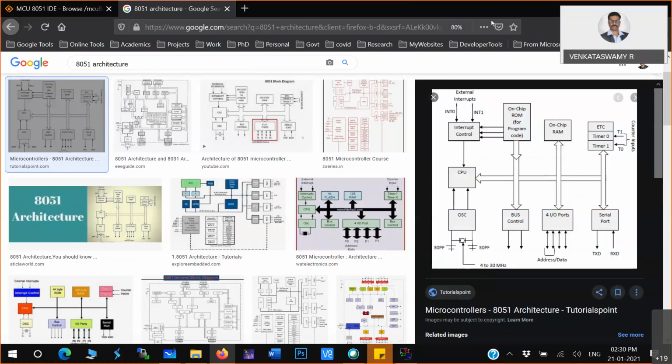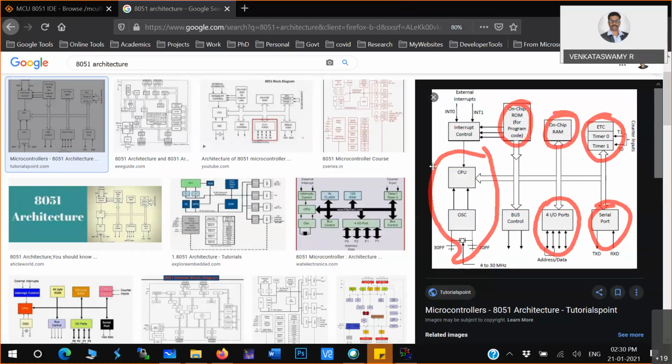Okay, so now all the things are connected, like ROM and RAM, timers, serial port, parallel port. All these things are connected. So this is an ALU triggered with some frequency. The oscillator will use that particular frequency, and there are two blocks, bus control and interrupt control, which basically handle interrupts, and the bus when it has to load address and when it has to load data. So this is a simple architecture of the 8051 that you can think of.